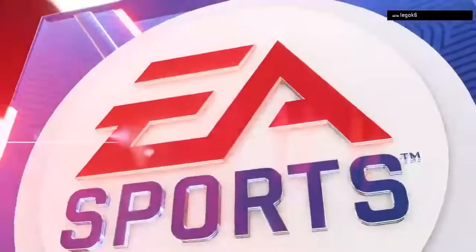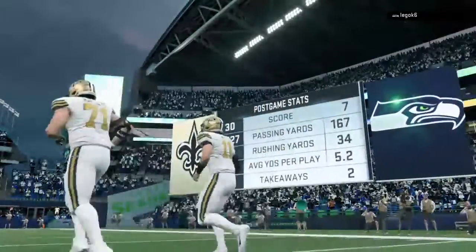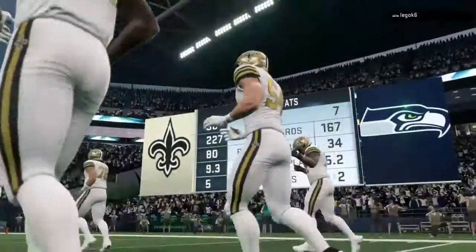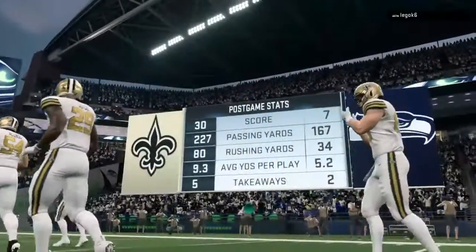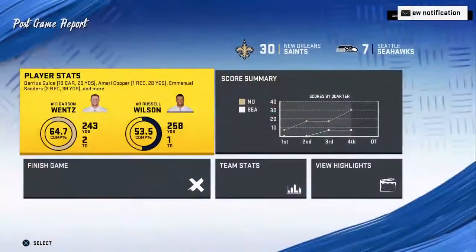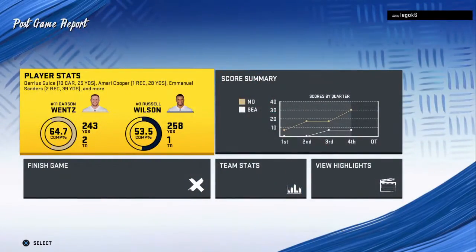When you take care of every aspect of the game, shut down the run, control the airways, right? Make sure the quarterback is harassed. This type of performance you get. They can't fashion together any offense, no consistency, and they just took control. So for the Saints,